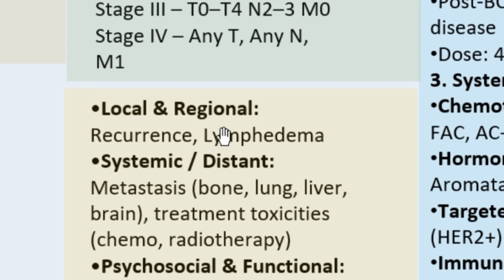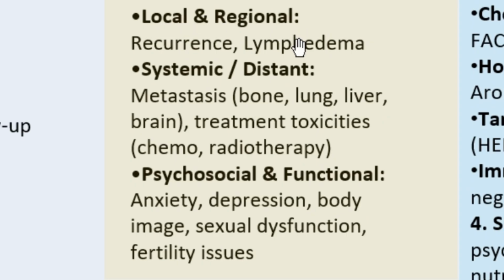complications of breast cancer. Sometimes we have local and regional spread, that is recurrence or lymphedema, because when cancer affects the lymph nodes, we are going to have destruction of the lymphatics and then the lymphedema. Then we can have systemic or distant complications, things like metastasis and treatment toxicities; chemotherapy is toxic, and so is radiotherapy. Then we can have psychosocial and functional complications, that is anxiety, depression, body image, sexual dysfunction,